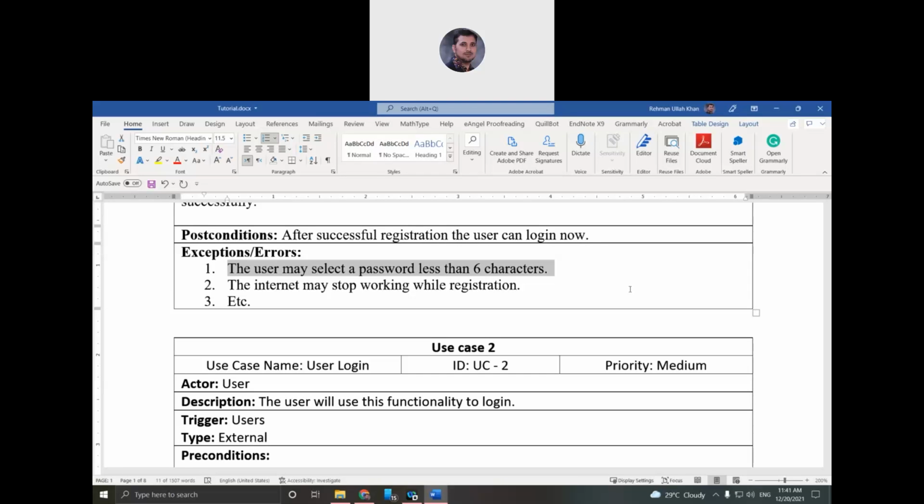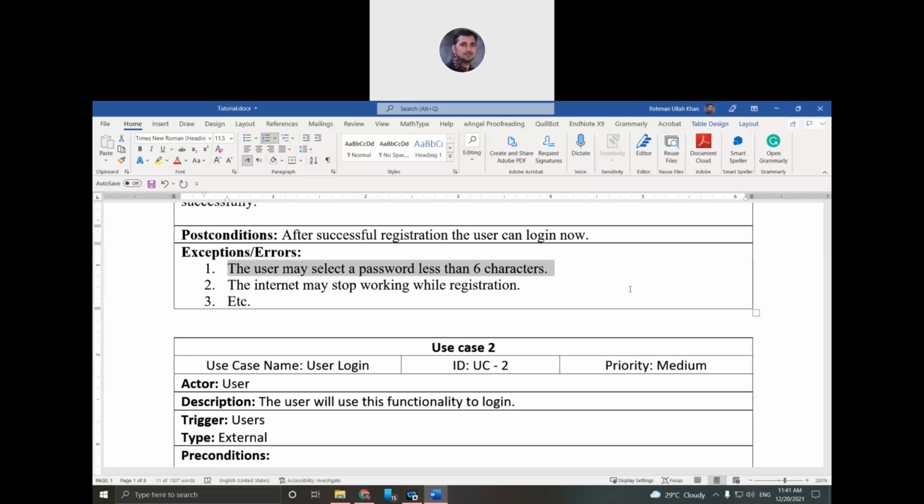Another possible error is that the internet may stop working during registration. You key in all the information, you press the register button, but at that time maybe the signal is weak or maybe due to any reason the internet is not working. This is one possibility.